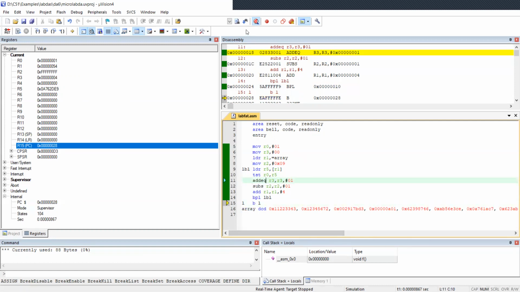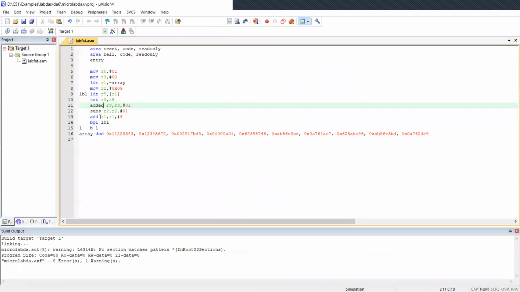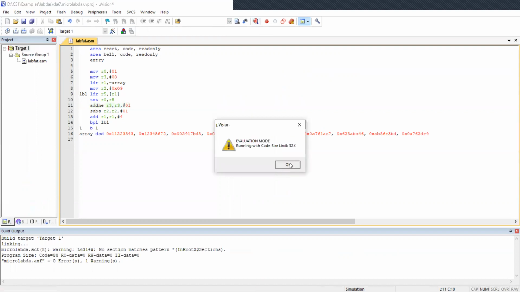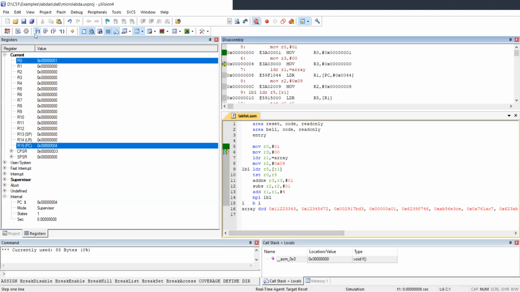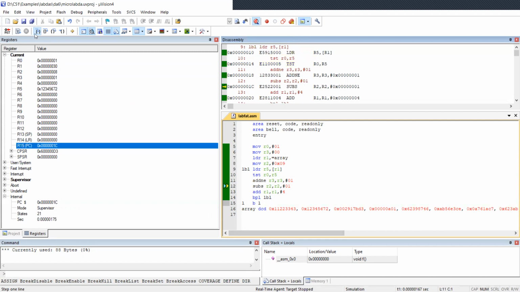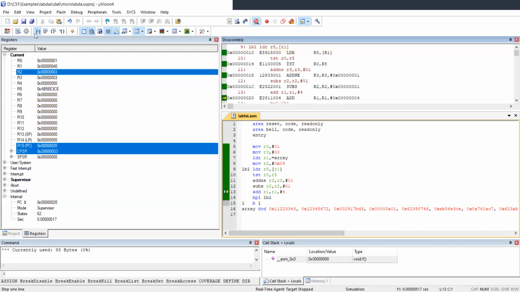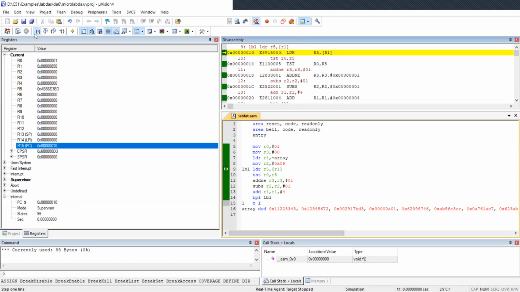If we execute this with the ADDNE statement, which is for odd numbers, and execute line by line, we can see that this will be executed until R2 becomes 0.